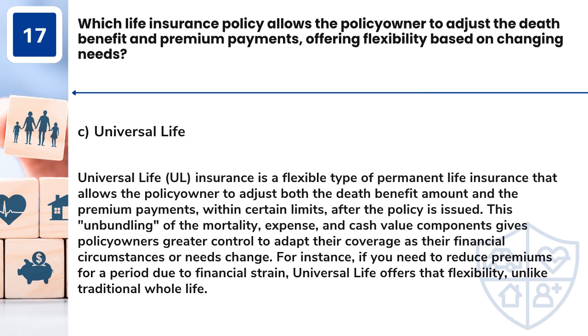Answer: C. Universal life. Universal life, UL, insurance is a flexible type of permanent life insurance that allows the policy owner to adjust both the death benefit amount and the premium payments, within certain limits, after the policy is issued. This unbundling of the mortality,